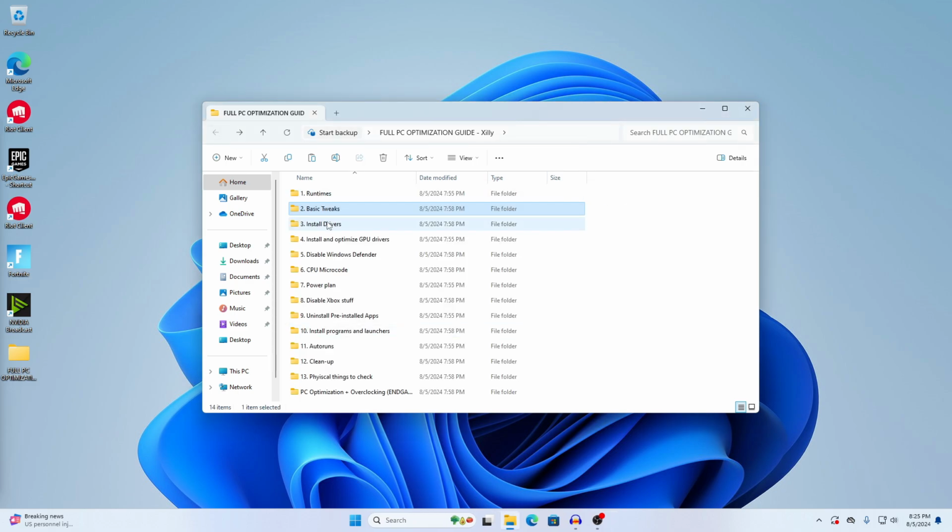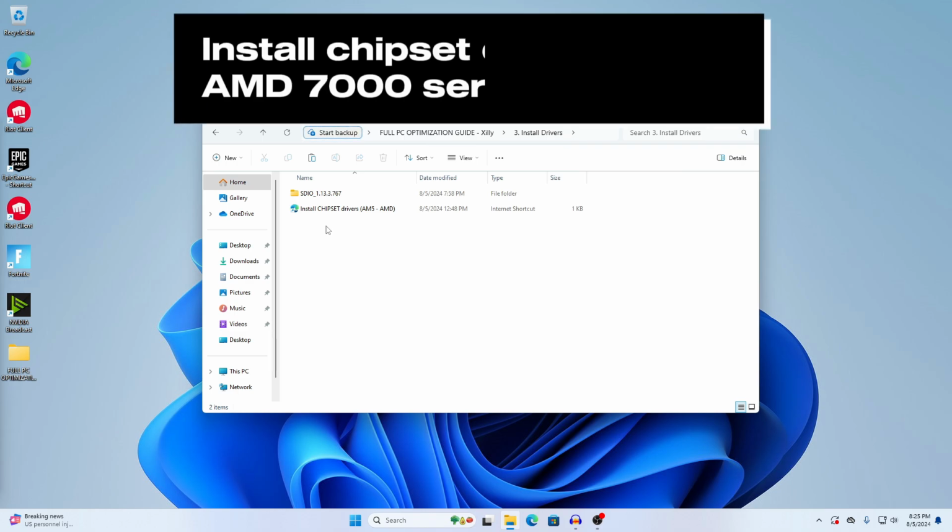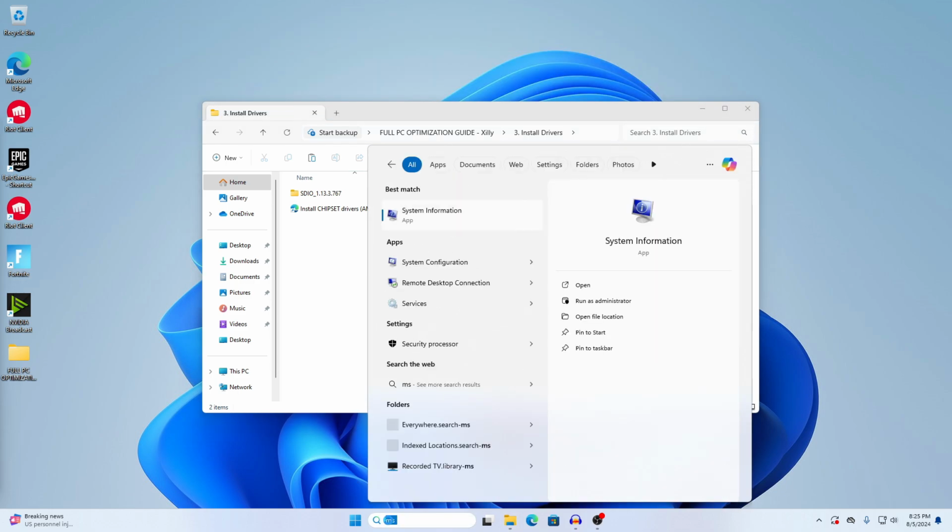Just go back, install drivers. So if you're on AMD, you're going to be installing the AMD AM5 chipset drivers, and this just depends on the motherboard that you have. So if you're on AMD and you don't know what motherboard you have, just go to your search bar, type